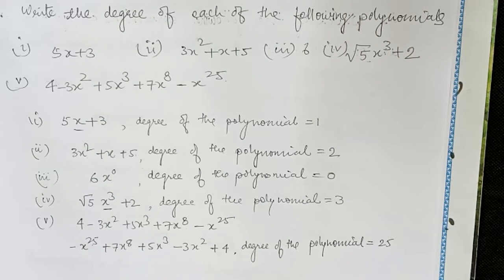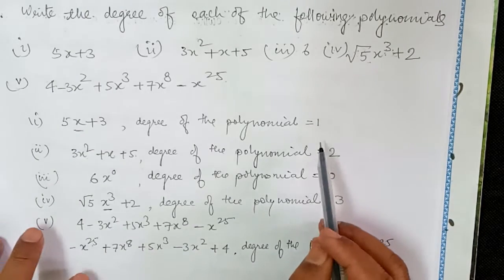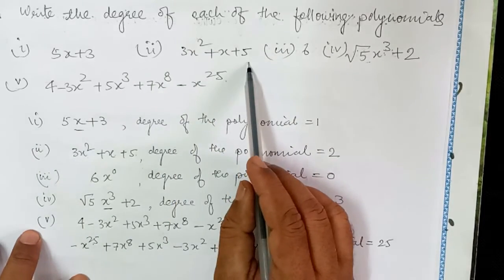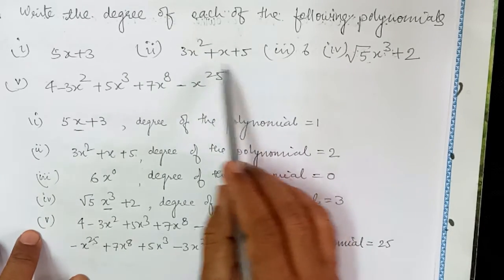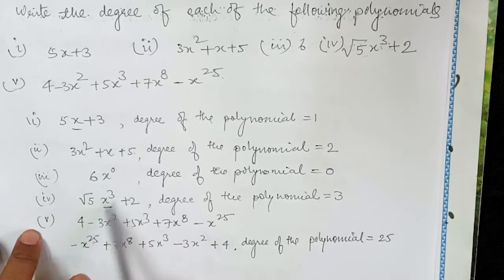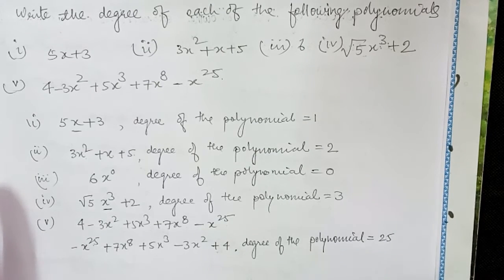So this way we can define the degree of polynomial. Degree of polynomial determine करने के लिए what we have to do? We have to arrange. If it is not arranged from the highest power to the lowest power, we have to arrange it from the highest power to the lowest power like this, like this, like this. We have arranged it from the highest power to the lowest power. So this way we can determine the highest power and lowest power.